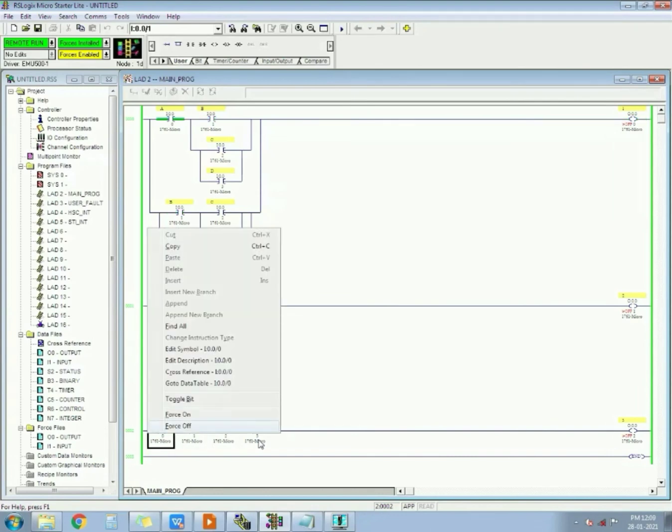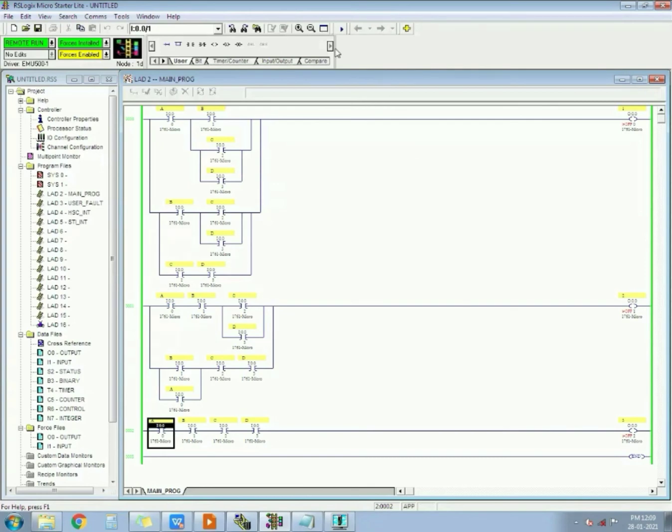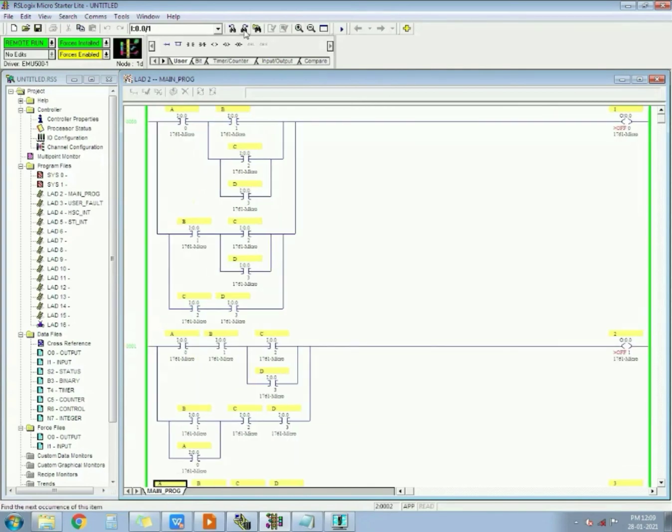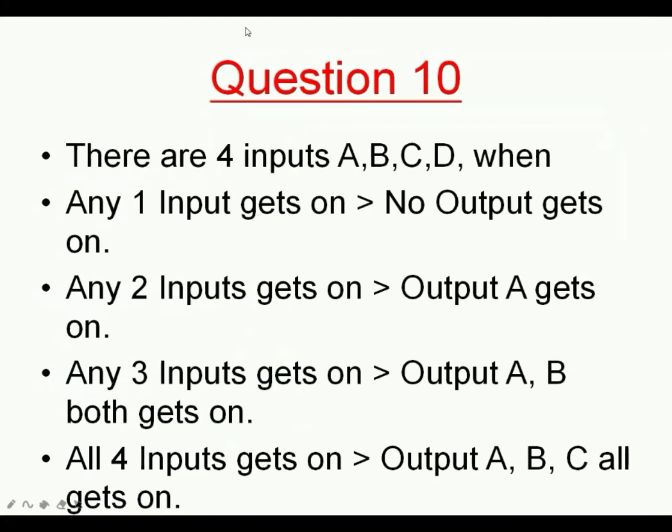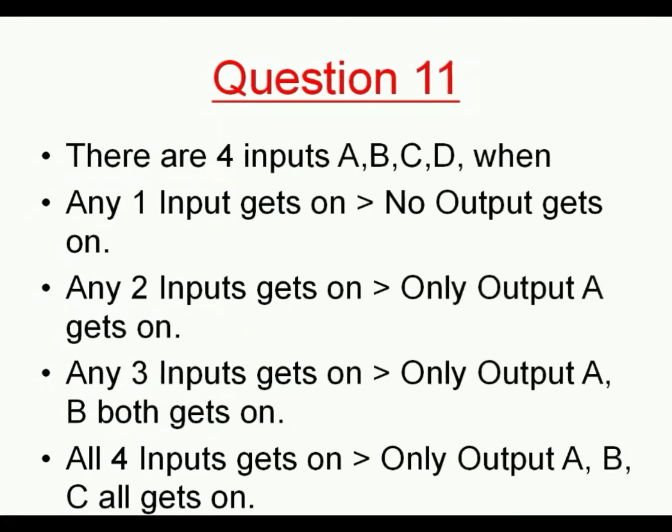So this is program number 10, question number 10, and the next question is question number 11. You can note down this question, because the solution of this question I will discuss in my next video tutorial. I hope you are liking my videos. You have to practice a lot at home so that you can learn. I will keep on putting questions. Thank you very much for watching this session.